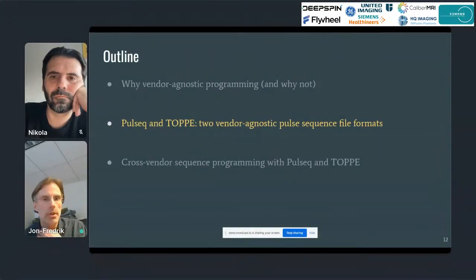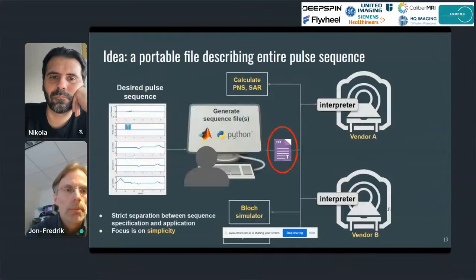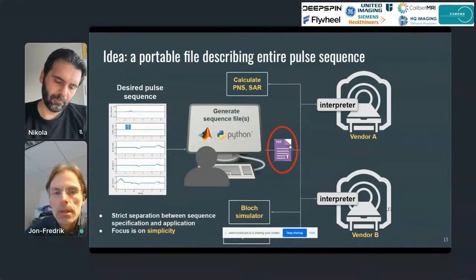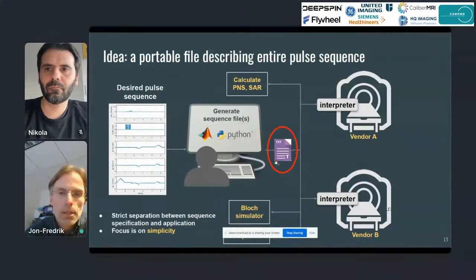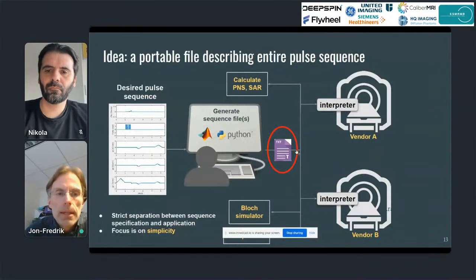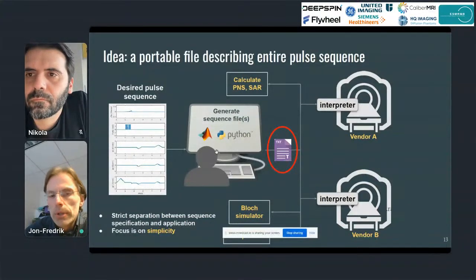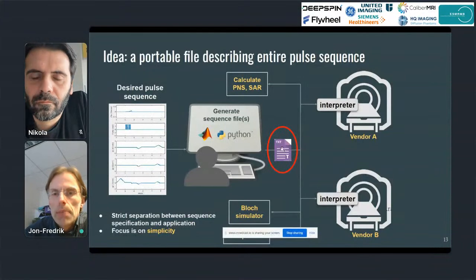So now I'll describe the two file formats that we've come up with and that kind of work together, PulseSeq and TOPI. The basic idea behind both is to encapsulate the pulse sequence in a sequence specification file. This can be a text file, human readable or not. But essentially, it enforces a strict separation between the design of the sequence, which is done by the pulse programmer basically once, and the application of that